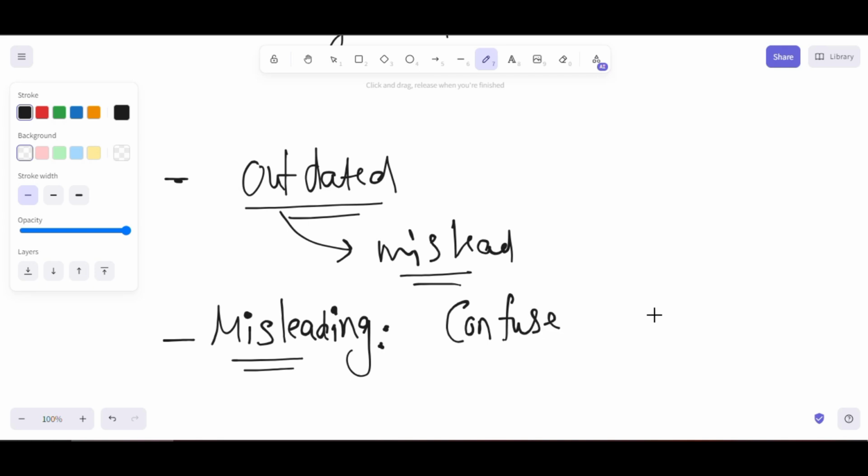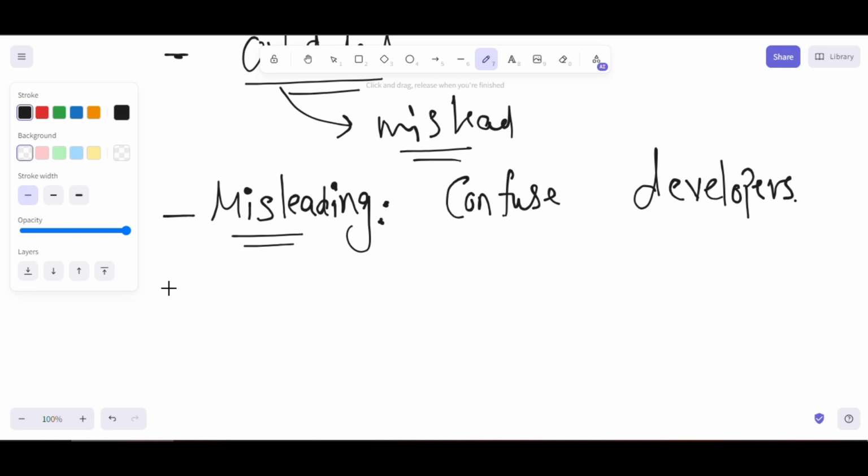That is the thing I am talking about. Number three, they create clutter. Comments create clutter. What does that mean?